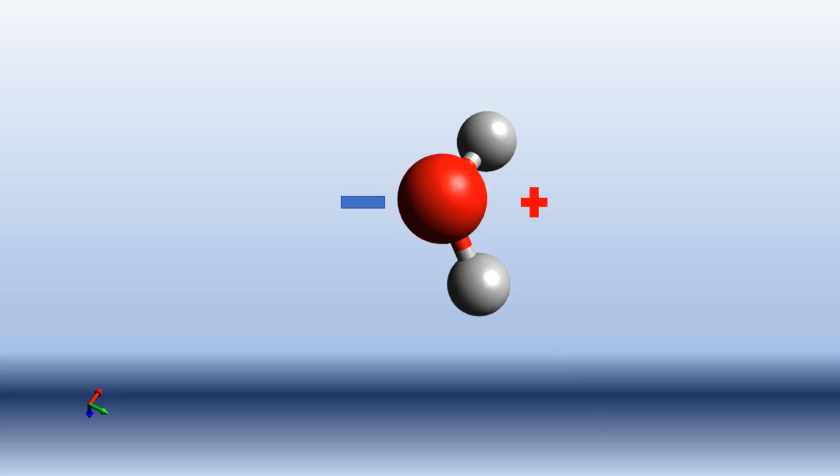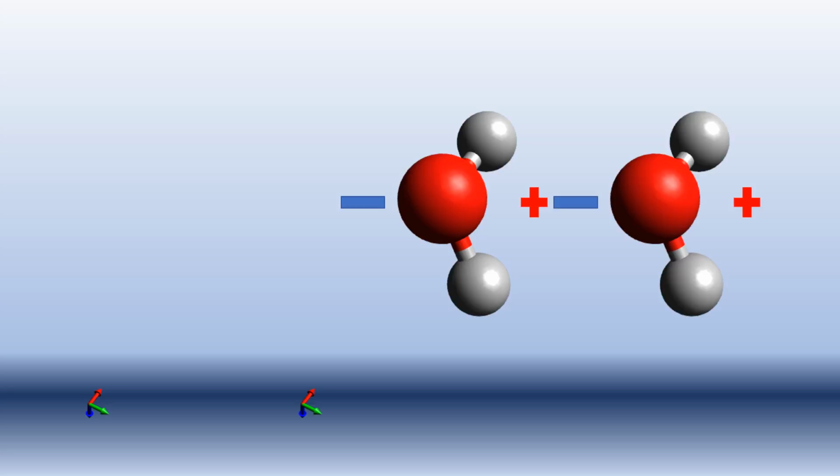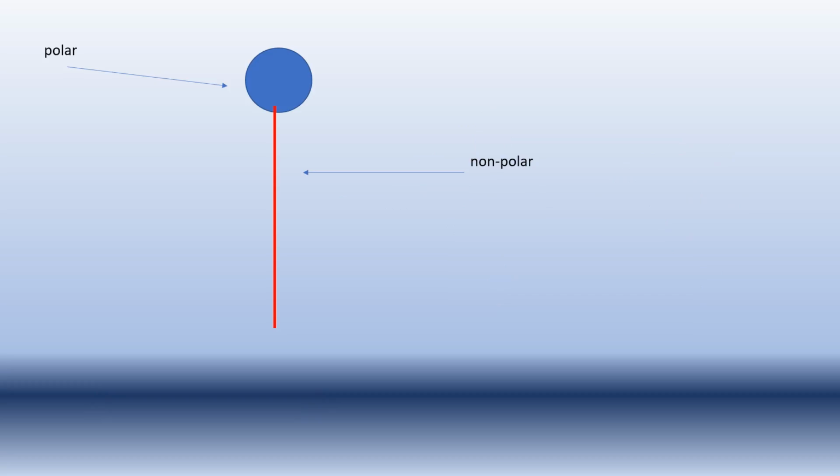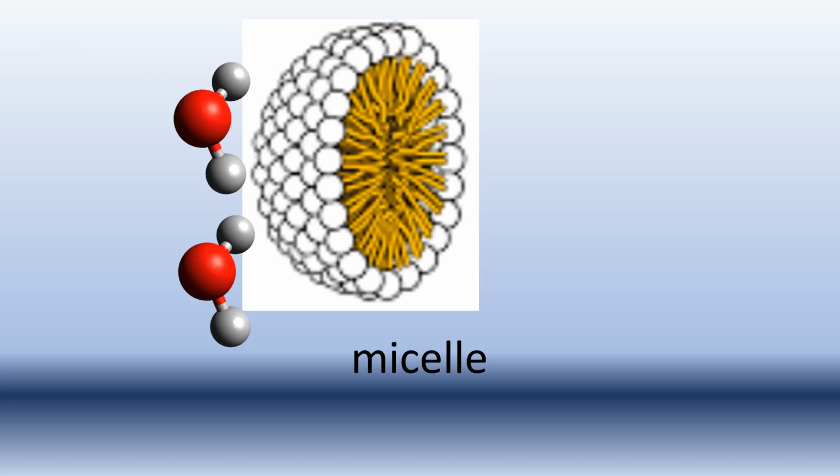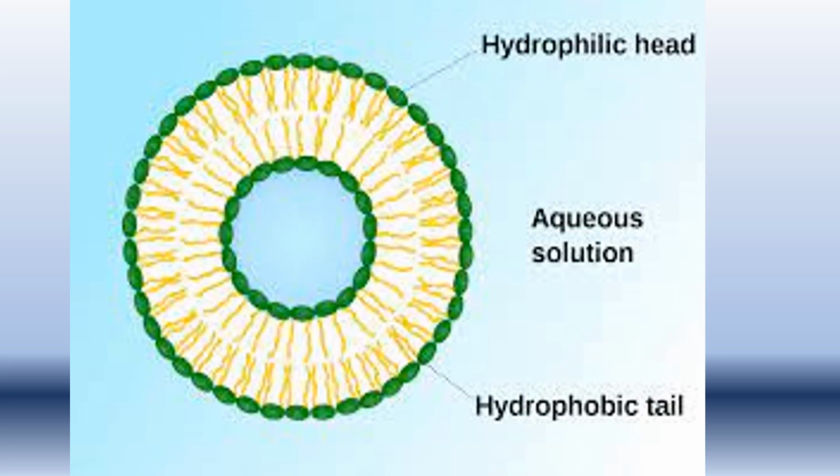Similarly, in the water molecule the hydrogens are more positive than oxygen. Now, if the water molecule were straight like CO2, the attraction would cancel out and the molecule would be non-polar. But as the water molecule is bent, the hydrogen side becomes a positive pole and the oxygen becomes a negative pole. So, it attracts ions and other polar molecules.